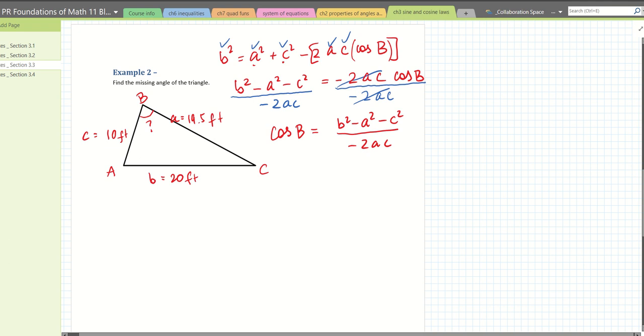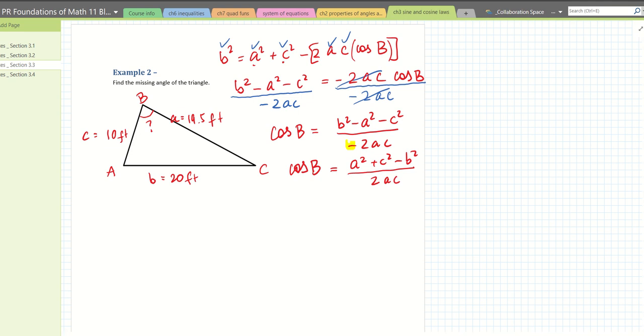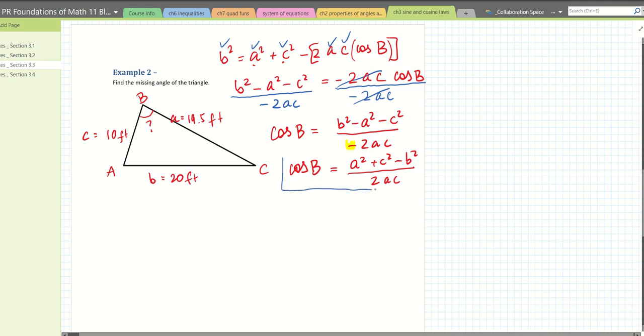So in this case, what we can also do, we can take this negative from down here, right? We can take this negative and bring it to the top, which means the signs on the top will change. So positive b squared will become negative b squared, negative a squared becomes positive a squared, negative c squared becomes positive. So this is just an extra step, which is really not necessary, but will make your expression look a little nicer because you'll get rid of some of the negatives. So what I mean by this, you're going to end up with positive a squared, positive c squared minus b squared over positive 2ac. So this is what you want to see as pretty much the second last step in order to find the angle